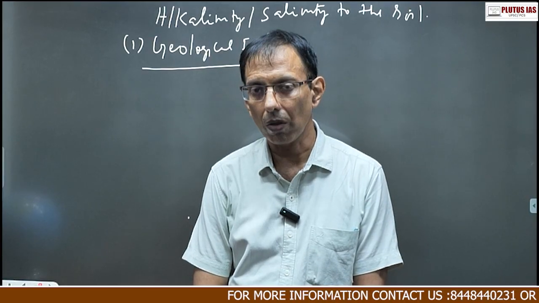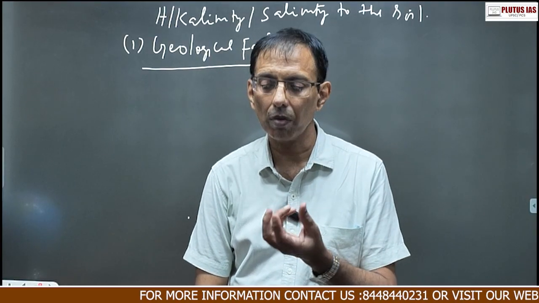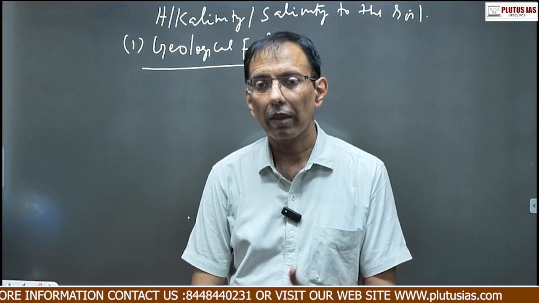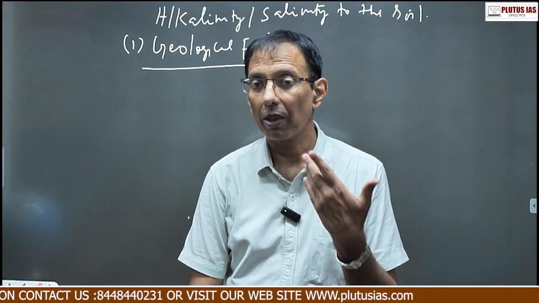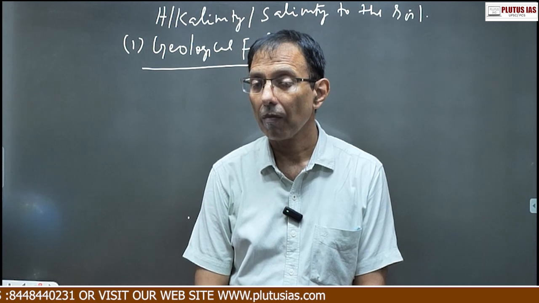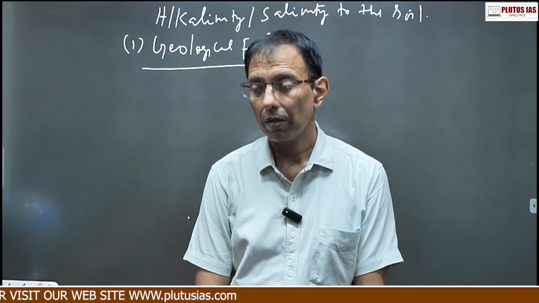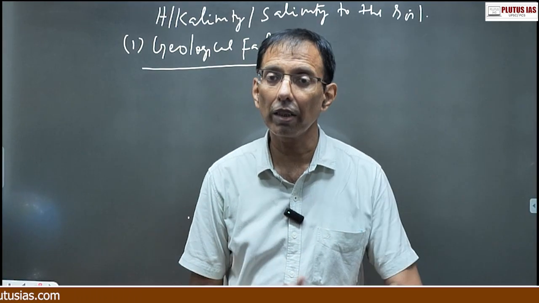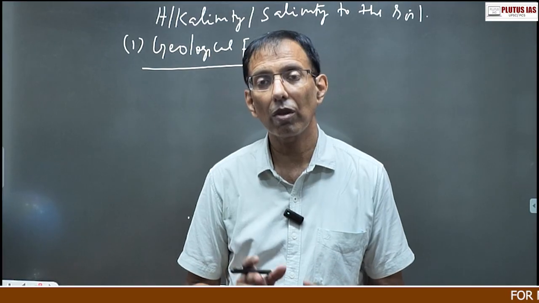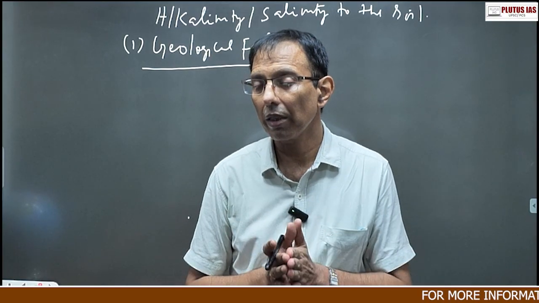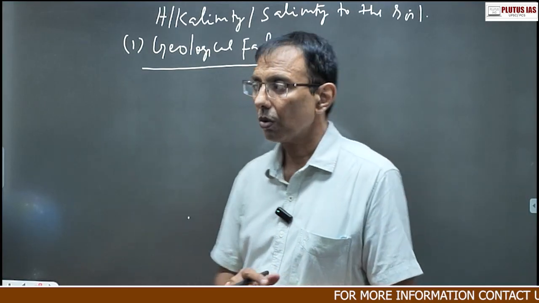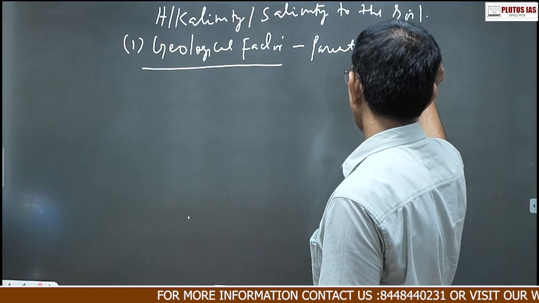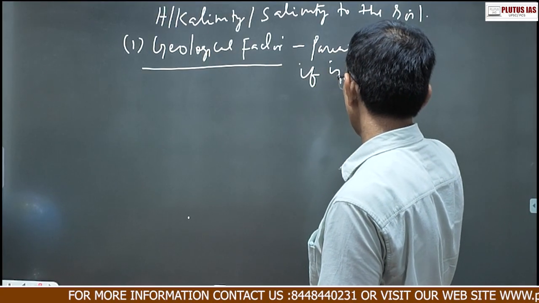If the parental rock or basic rock over which soil is being made is alkaline in nature, like if it is made up of basalt, or where there is volcanic eruption, since rocks coming out in a volcanic eruption would be in the nature of basalt, there would always be chances of alkalinity developing in the soil. So if the parental rock is basaltic,